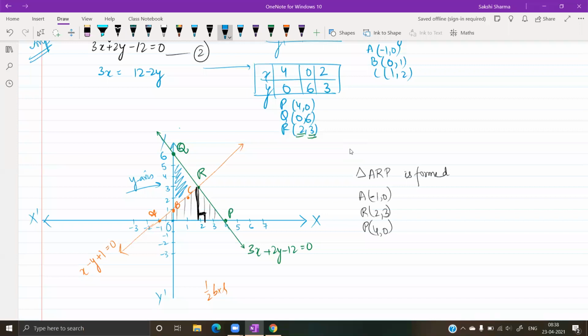coordinate geometry where you can find out the length of these line segments if you know the vertices. अगर आपको coordinates पता हैं जैसे आपको A के coordinates पता हैं, आपको R के coordinates पता हैं, you can find out what will be the length of side AR. You can find out what will be the length of side RP and AP using the coordinates and then you can identify what type of triangle it is. If it's a right triangle, obviously you can take AR and RP as base and the perpendicular. Once you have verified, do verify, don't go with what the figure is showing you.